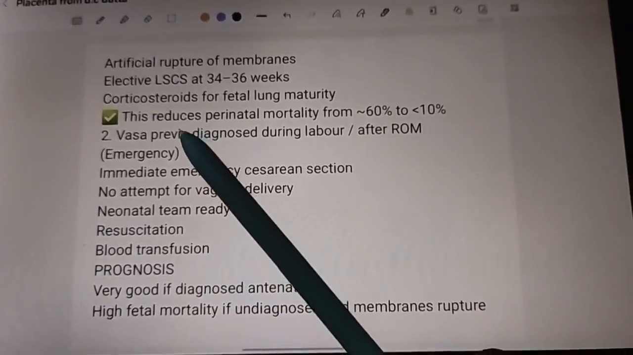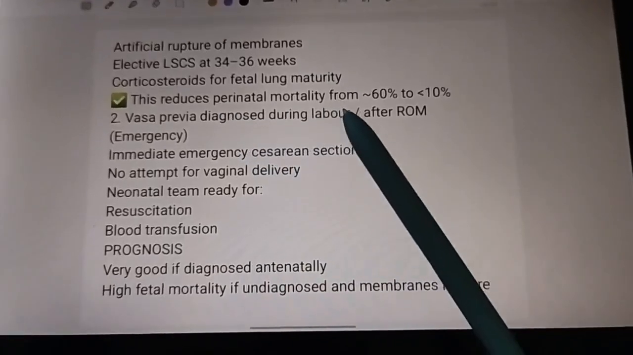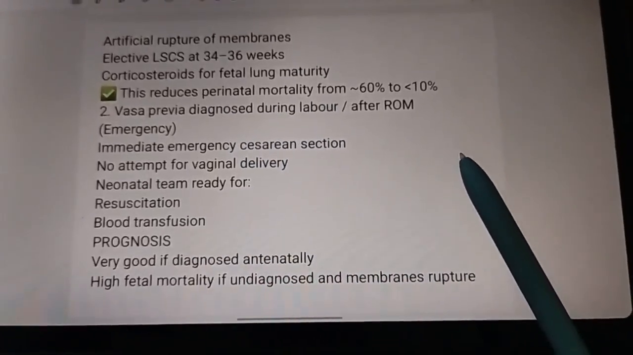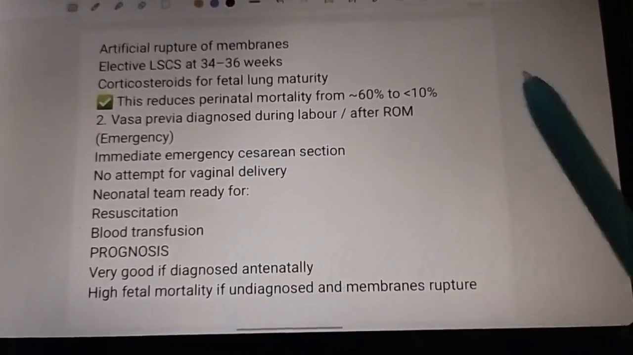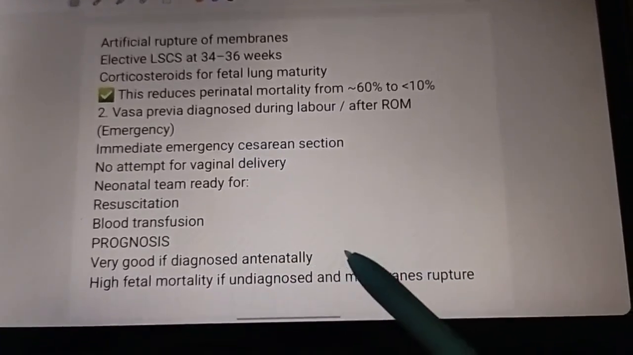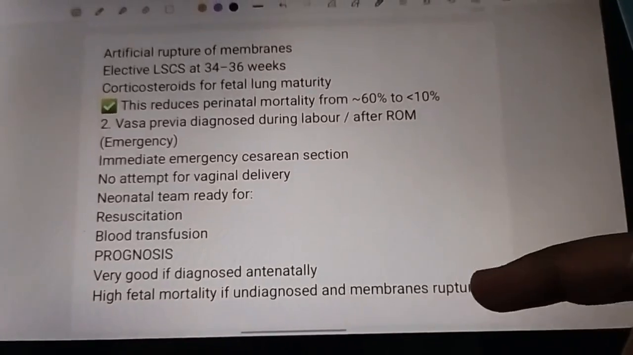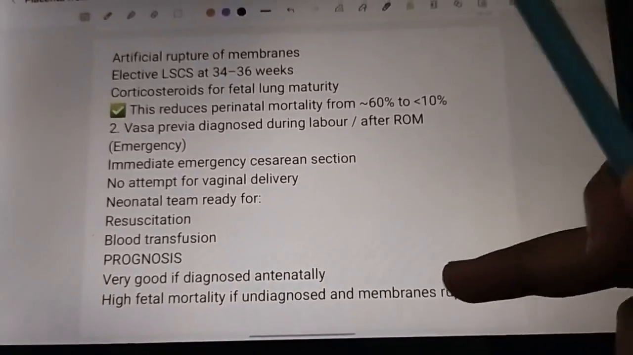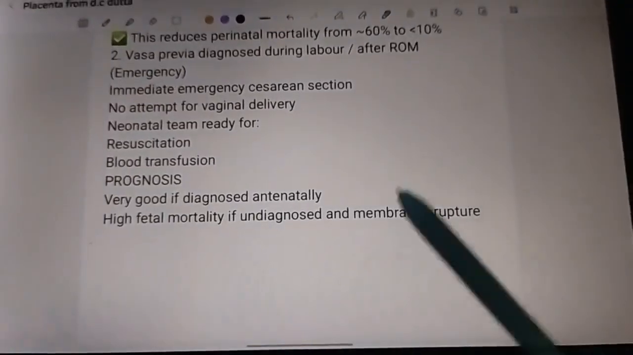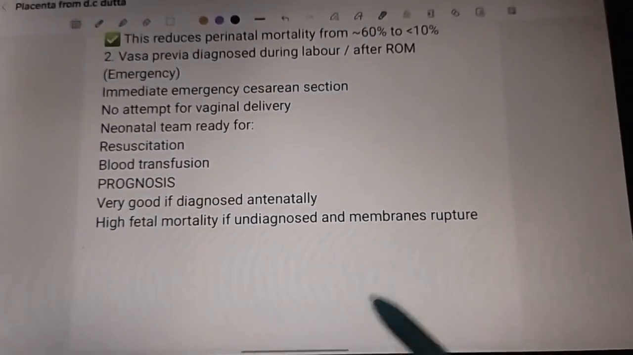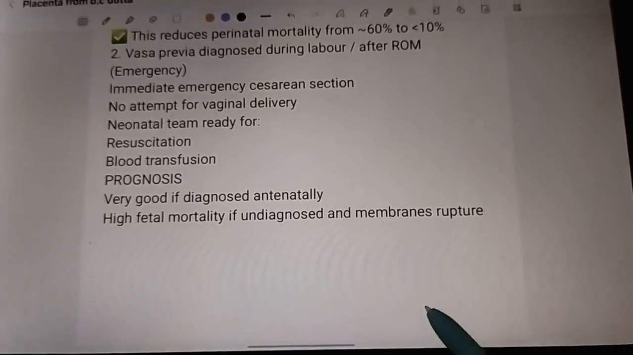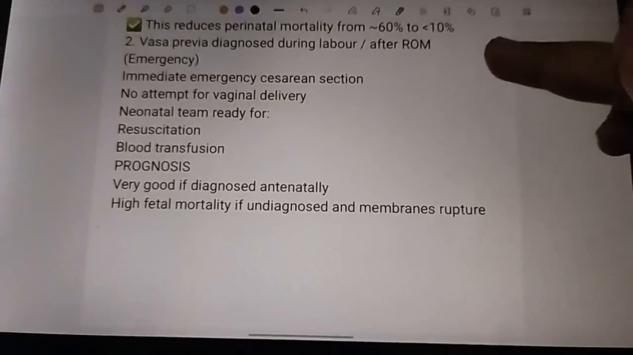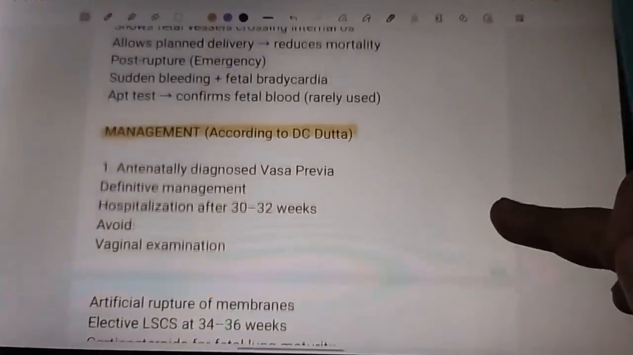The important point: it reduces the perinatal mortality from 60 to less than 10%. If Vasa previa is diagnosed during labor, then an immediate emergency C-section is done. The neonatal team should be ready for resuscitation, blood transfusion, and prognosis. So basically, what you have